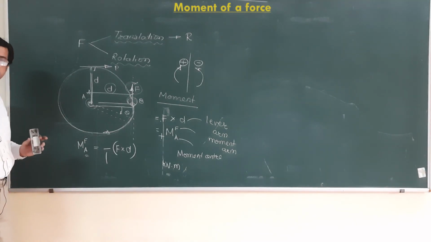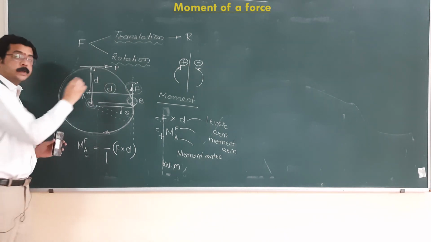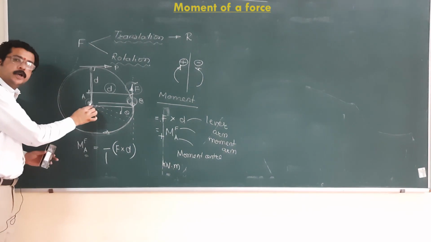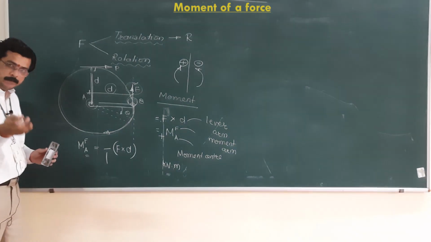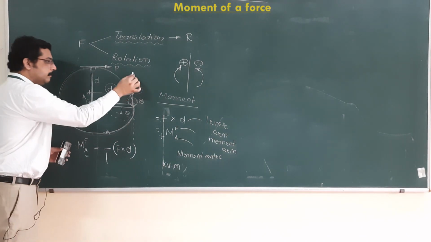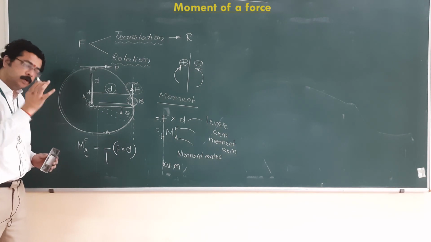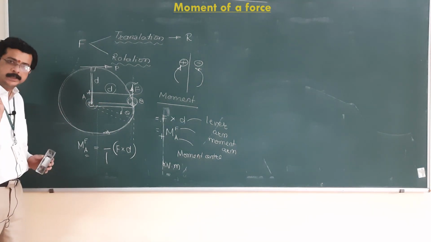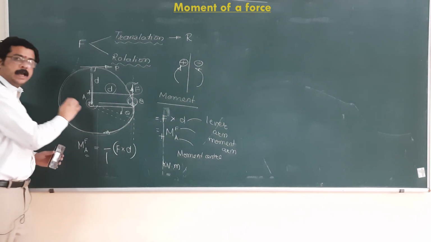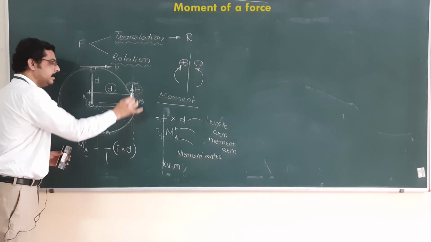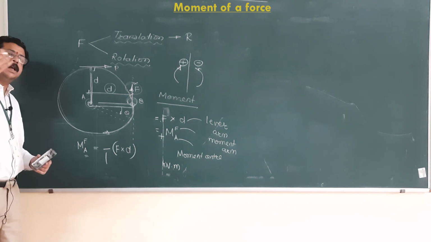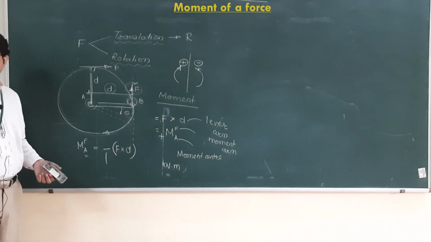Now, you can observe this is the vertical distance and the line of action of the force P is horizontal. So, for a horizontal force, to calculate its moment, we should know the vertical perpendicular distance, or shortest distance, between a given moment center and the line of action of the force. In case of a vertical line of action of force, if we want to find its moment about any point in space, then we should know the horizontal perpendicular distance between any given moment center and the line of action of the force. For this example, this is our moment center. For another example, the moment center will be at a different place.